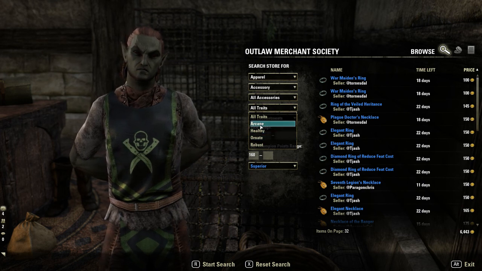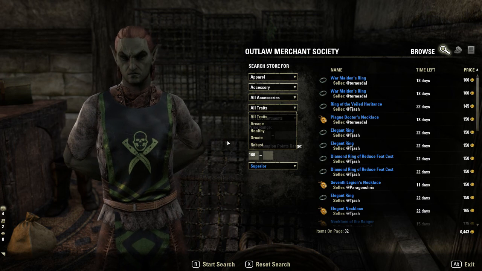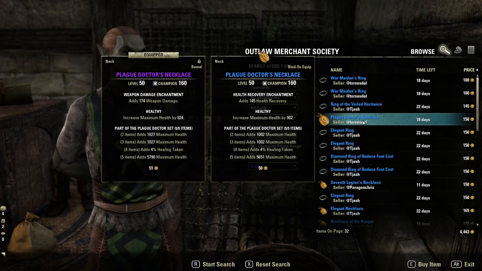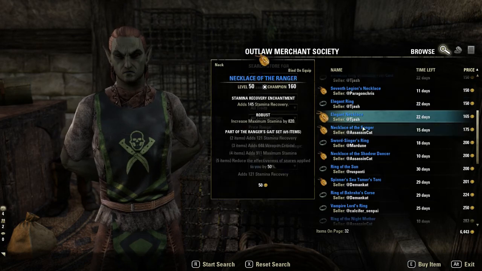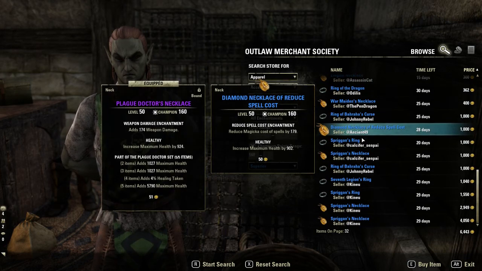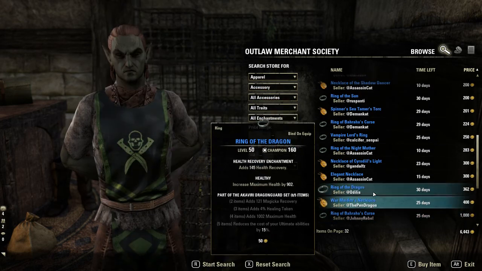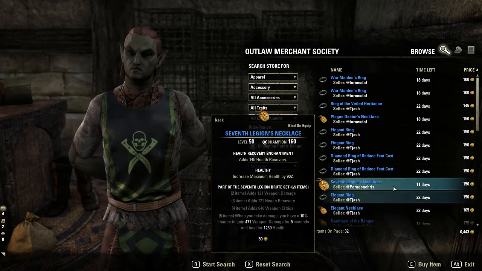Now, I would either go for arcane, healthy, or robust. I would never touch ornate because that just sells for more. So that's the thing. Now, let's say I wanted to put together, like I said, the Plague Doctors. Here's a ring for or a necklace for 150. Let's see if we can find a ring. So they don't have any of the rings, but if I were to look for the rings, they would probably be about the same. You know, it'd be pretty cheap,